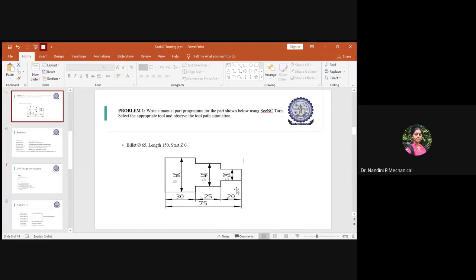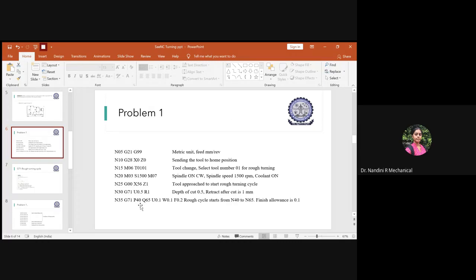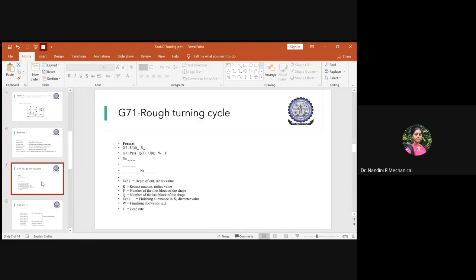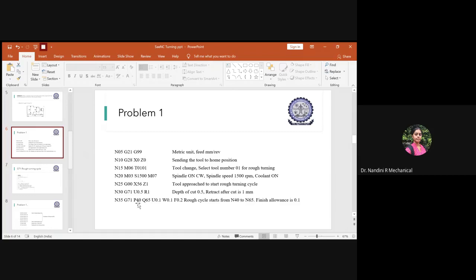So you have n number of sequences we have to follow to move from this end to this end. The sequence is coming from N40 to N65 to reach this block. But as per the syntax, you cannot write N. You have to use the term P and Q for the first and the last block. As per that, we are writing here P40 and Q65.